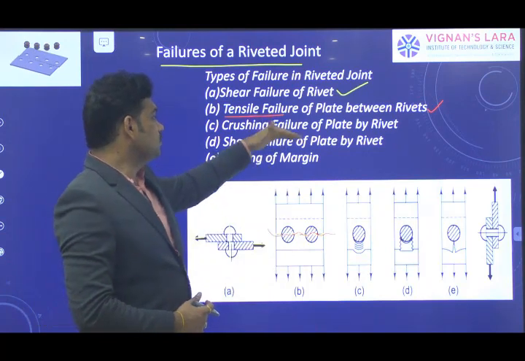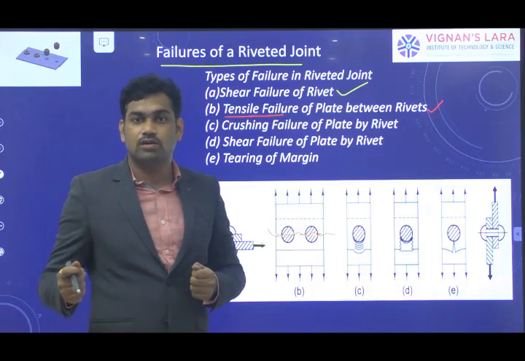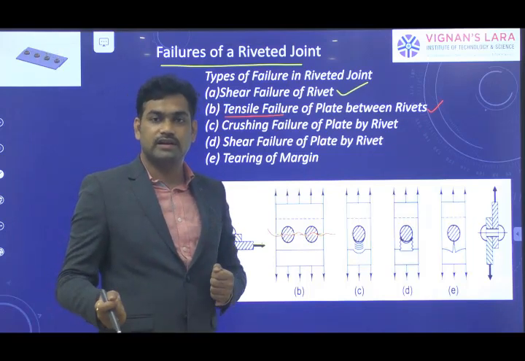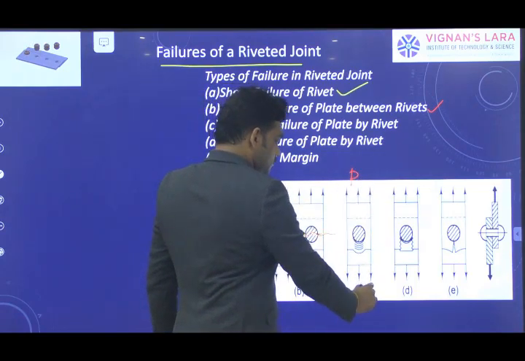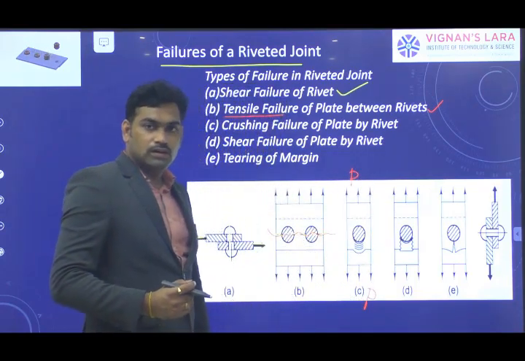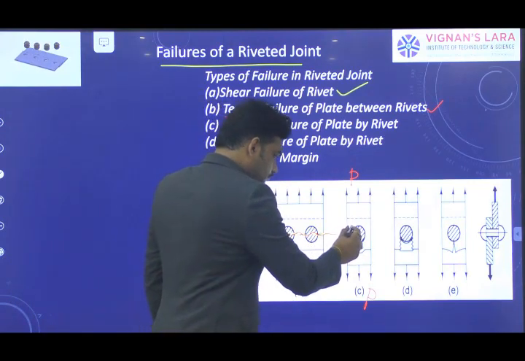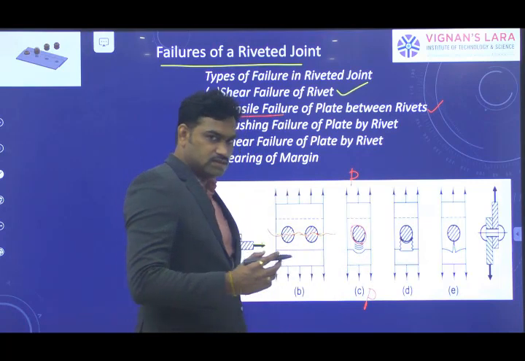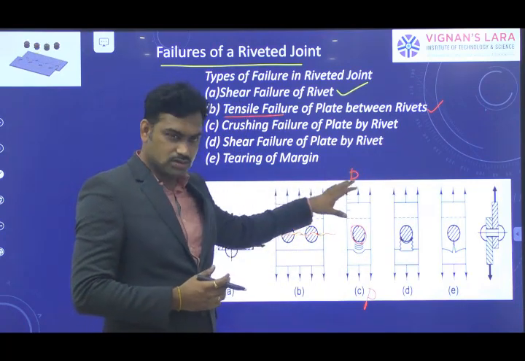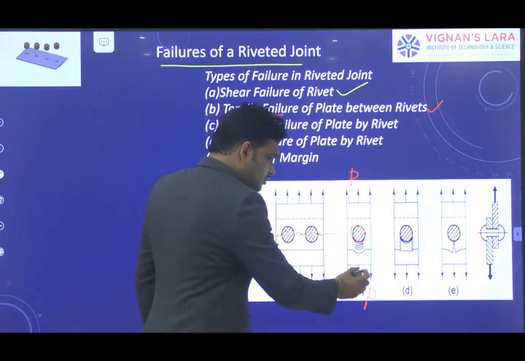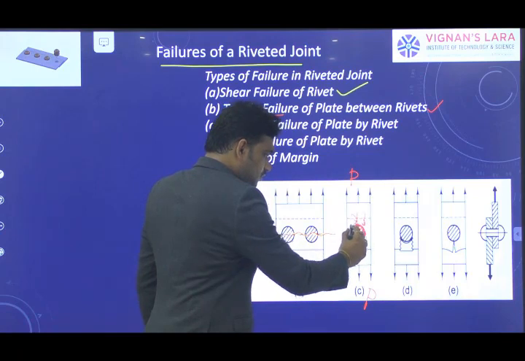But coming to the next possible mode, the rivets cannot be shearing and the plates cannot be tearing. Even though you are applying a load here, there is a chance of enlarging of the hole. That we call crushing. As stated, whenever both the surfaces are in contact under compressive forces, whenever you apply a tensile force here, at this surface you can observe a compression force will always act.